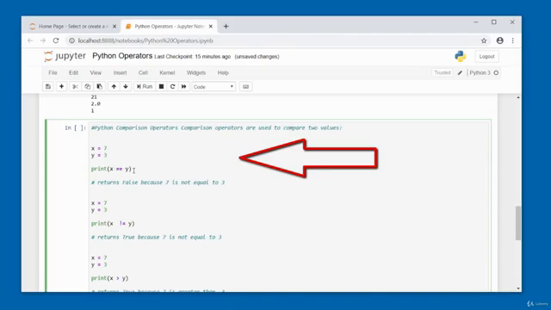So note the difference. Here x equals 7 is a single equals sign. That is used to assign values to variables. Here in the print function, I am checking a comparison. So I'm checking if x is equal to y. If I run the cell, this is going to return false because 7 is not equal to